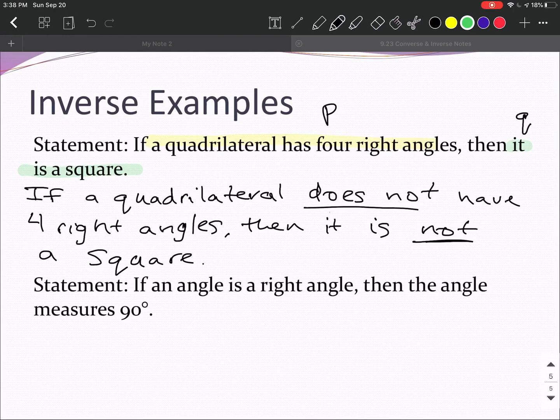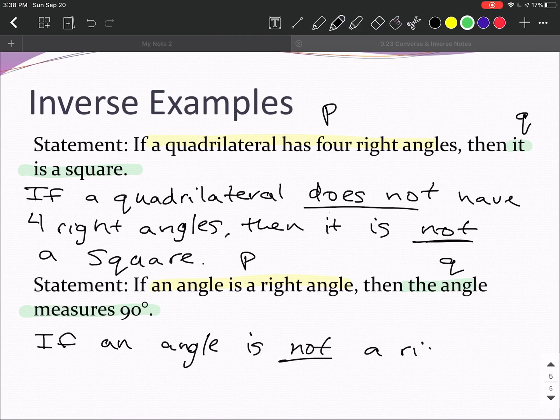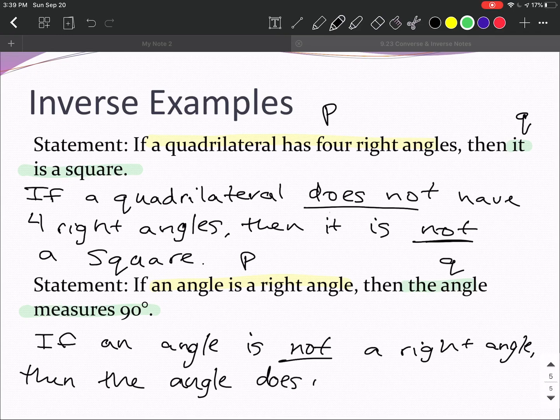And our last one. So if an angle is a right angle, then the angle measures 90. So again, start by hypothesis, conclusion. So we'll just now label it. So P and Q, I'm going to add not to it. So if an angle is not a right angle, comma, then the angle does not measure